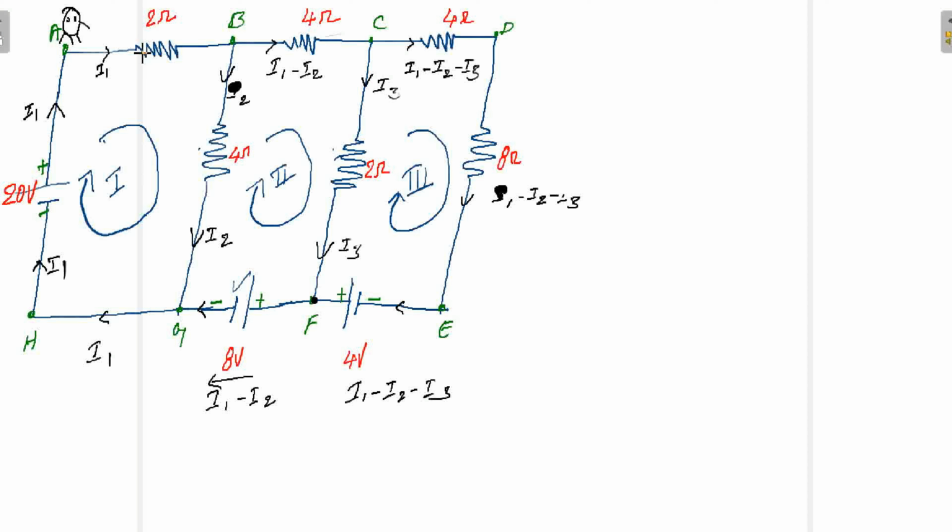So in this travel, you come across a current I1. You come across an element I1. This current direction is the same as the direction of your travel. You are traveling like this. The current direction is also the same. So at this point, the current came across one resistor.